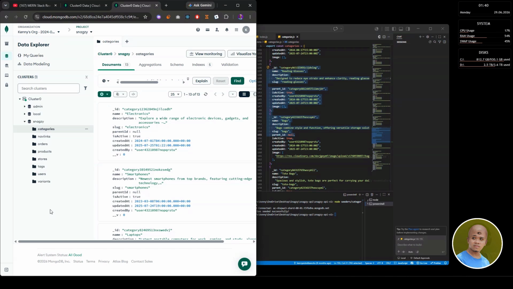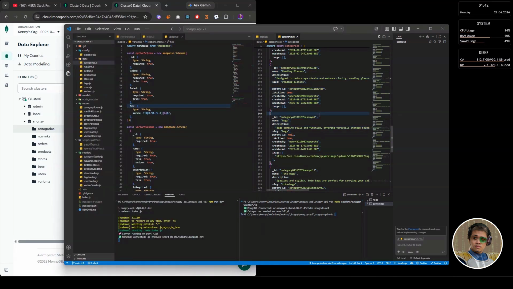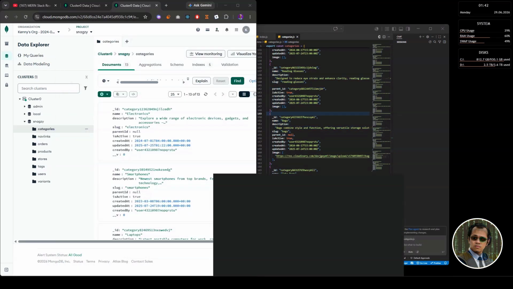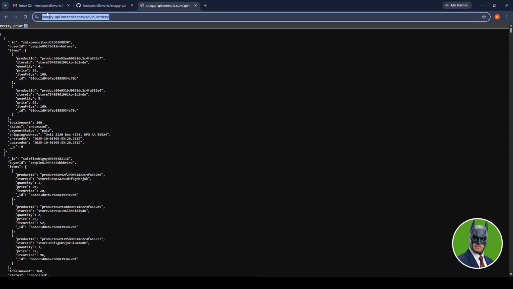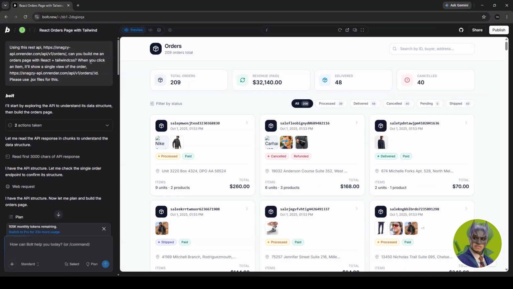I actually finished it maybe yesterday or the other day, but I did not record, so I am opening one of my bolt.new accounts where I built it. As you can see, I have my prompt here where I used one endpoint to render a list for the app. In this case, the orders endpoint or URL. The app is about orders.